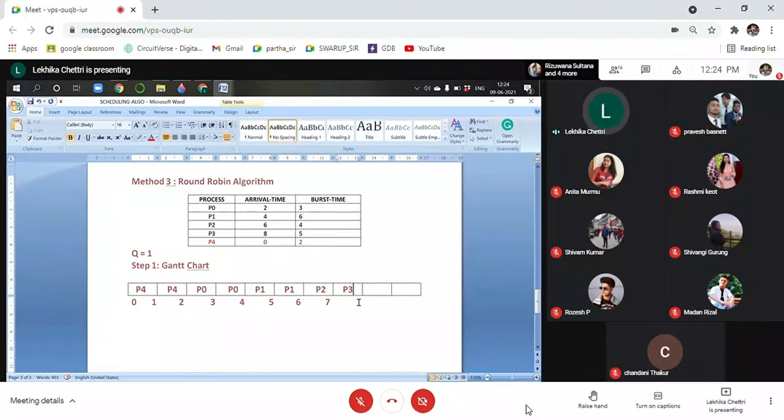So after P3, it will check for P4. P4 is not there in the ready queue. So after P4, which one had come first? Okay, FCFS. Remember in yesterday's lecture, I told you that in the background FCFS runs. So after the first round, FCFS will continue, and which one will be the next, you can easily get from the Gantt chart that you have drawn. P4 is exhausted. So after P4, which one was it? It was your P0. So the answer to your query is after P3 it will be P0. After P0 it will be P1. After P1 it will be P2 and then P3.